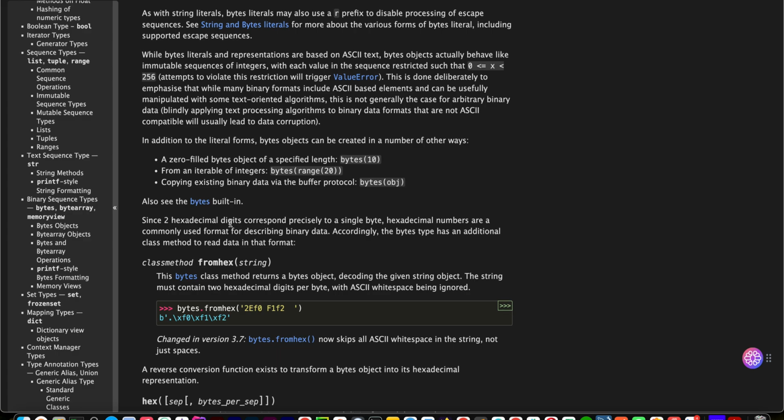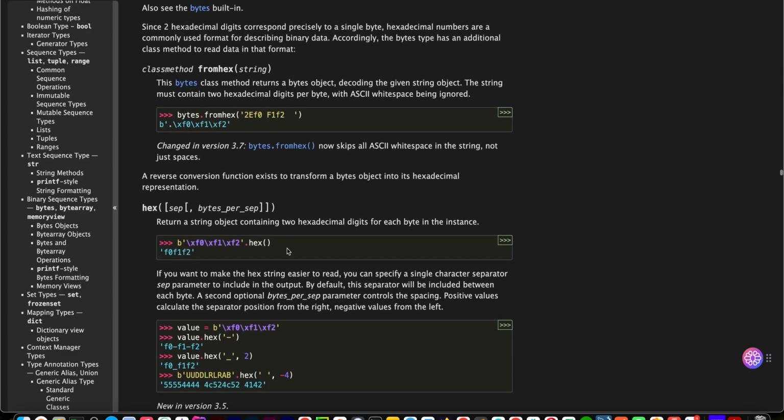Since two hexadecimal digits correspond precisely to a single byte, hexadecimal numbers are a commonly used format for describing binary data. Accordingly, the bytes type has an additional class method to read data in that format. That class method is fromhex(string). This bytes class method returns a bytes object decoding the given string object. The string must contain two hexadecimal digits per byte, with ASCII whitespace being ignored. For example,